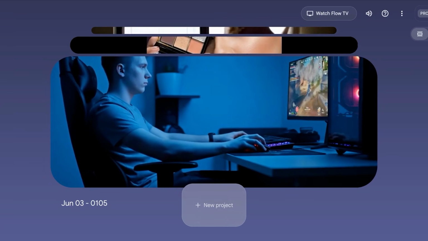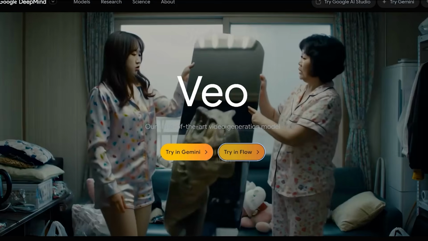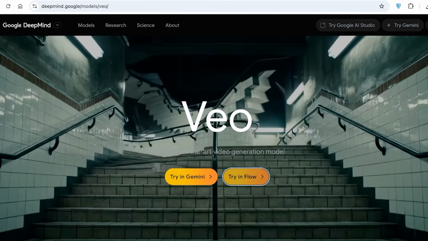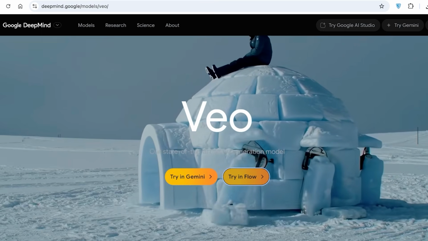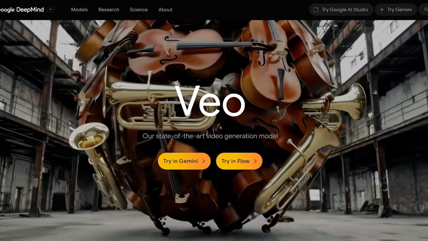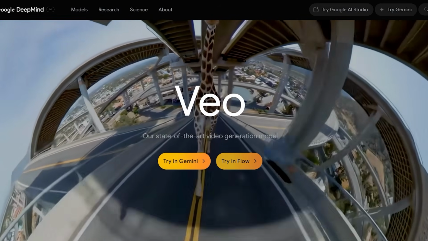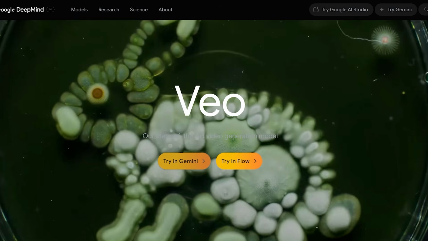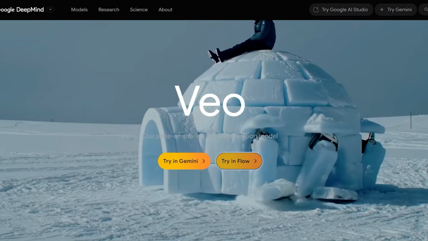So to get started with Google Veo 3 for free, you're gonna have to head on over to deepmind.google. Now, once you do that, you have Veo, and you're going to have two options. You can try it in Gemini or try it in Flow. You can proceed with any one of these options. So I'm going to click on try it in Flow, and you're going to have to sign up for a